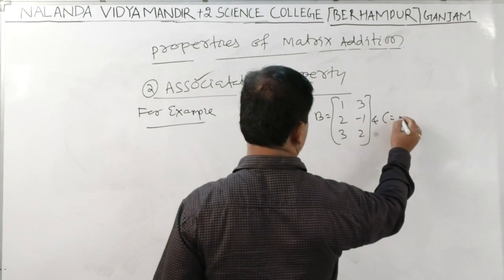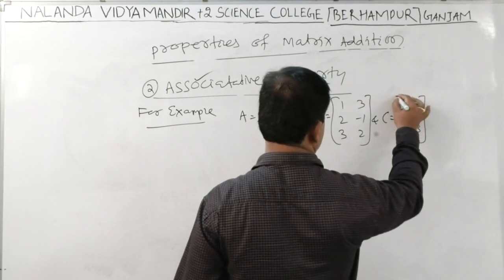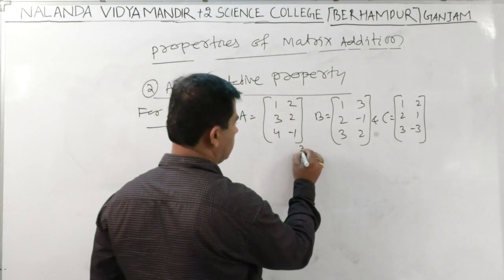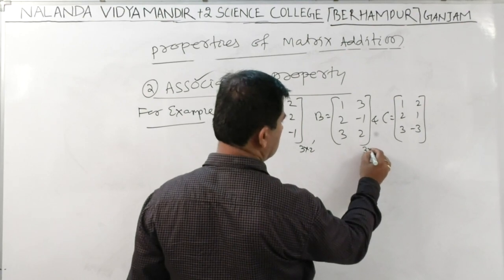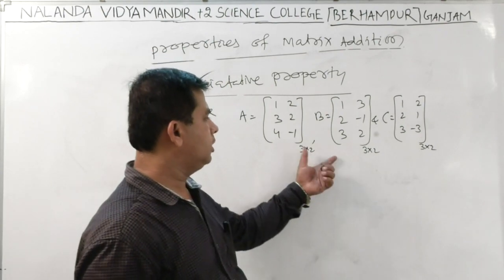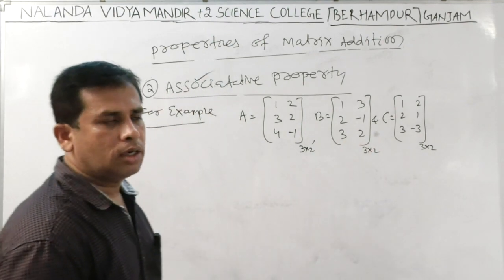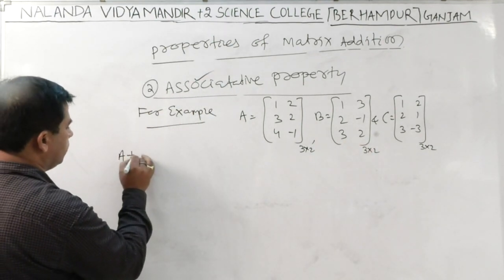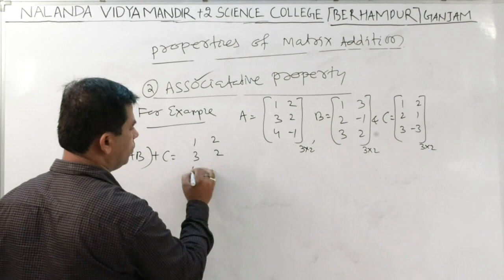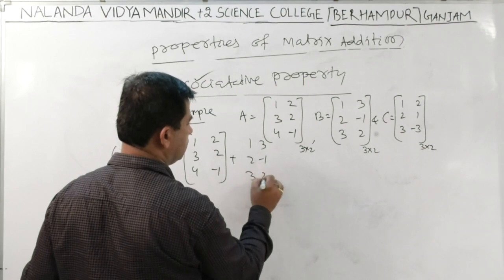And C is equal to [1, 2; 2, 1; 3, -3]. A is a matrix of order 3 cross 2, B is also of order 3 cross 2, and C is also of order 3 cross 2. We can add A with B, which is also 3 cross 2, and then add C. So A plus B plus C is equal to [1, 2; 3, 2; 4, -1] plus [1, 3; 2, -1; 3, 2]